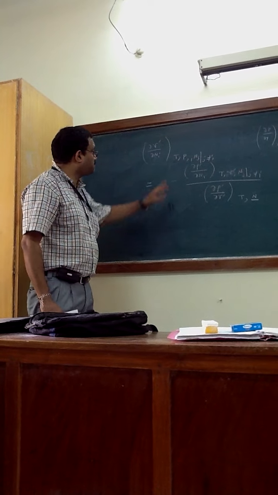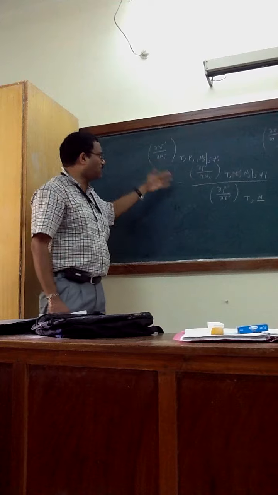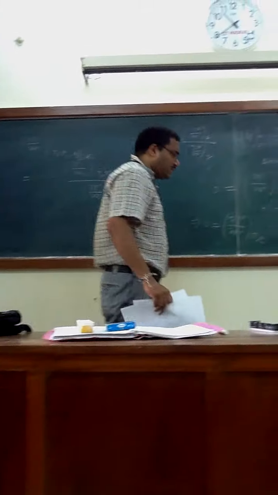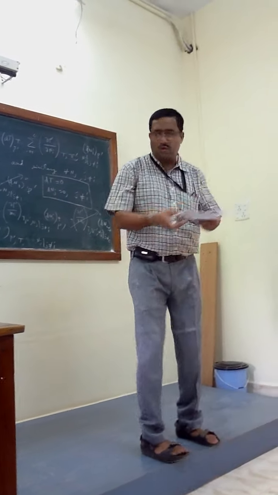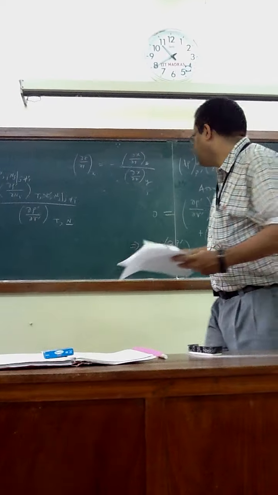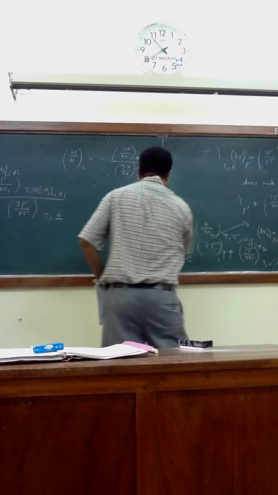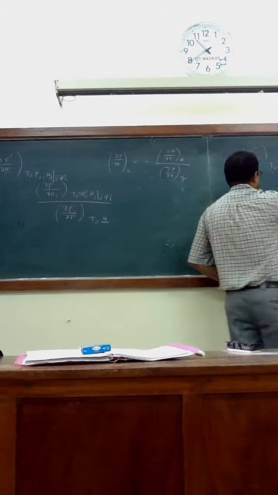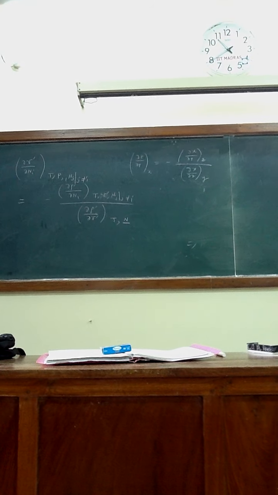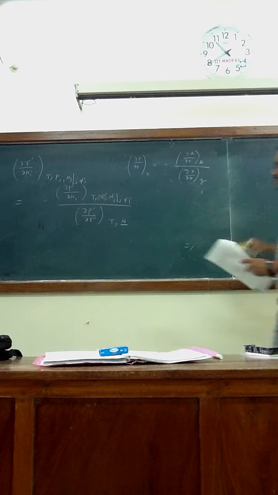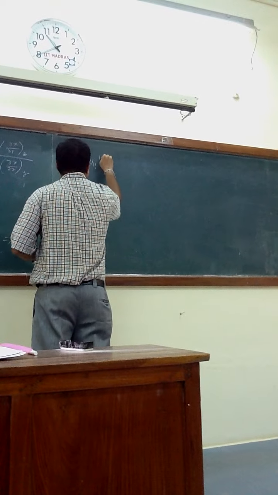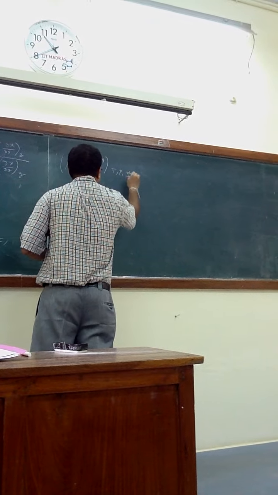Similarly, if one would like to talk about dou Nj, we won't, because dou Nj by dou Ni is delta ij, so we won't go for that. But this is the way one can do the Legendre transformation. So coming back to mu i minus mu i ideal gas at T, P, x bar equals to,